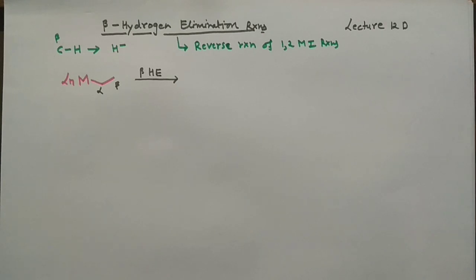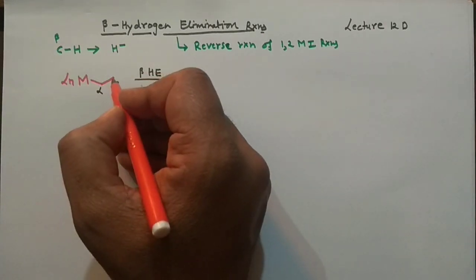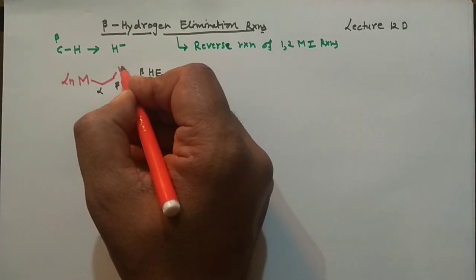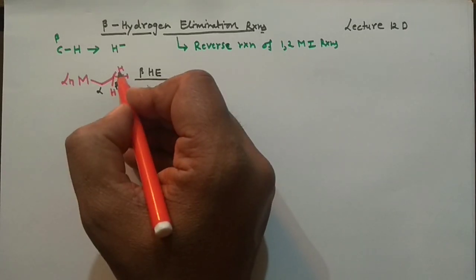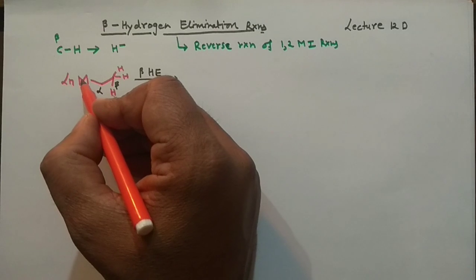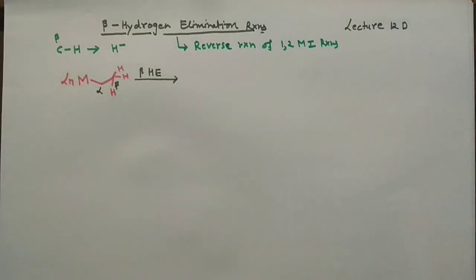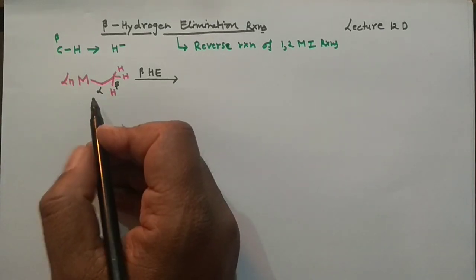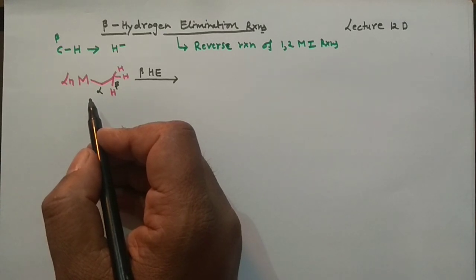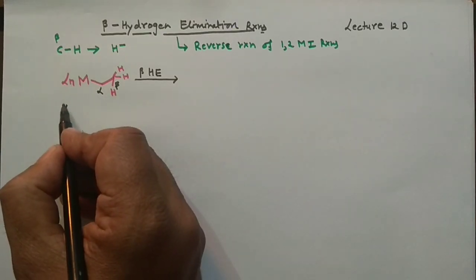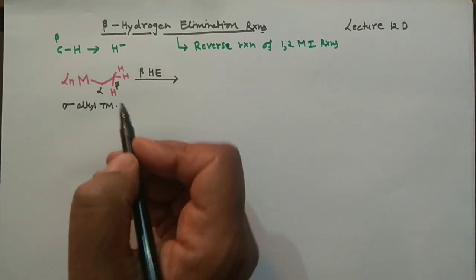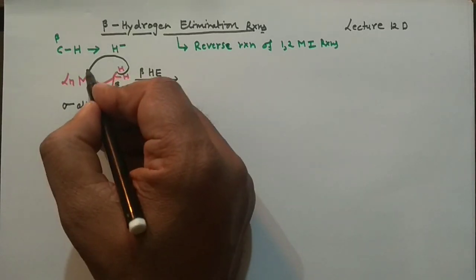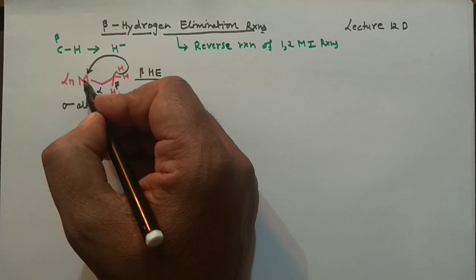So what product you can expect here? This is CH2, this is CH3, so there are 3 hydrogens, and these 3 hydrogens are the beta hydrogens. One of the hydrogens would migrate to this particular metal, and it will lead to the formation of the alkene complex. So far it is your transition metal sigma alkyl complex. So this complex right now is a sigma alkyl transition metal complex. When the hydrogen moves over there, we will see in the mechanism how it can move.